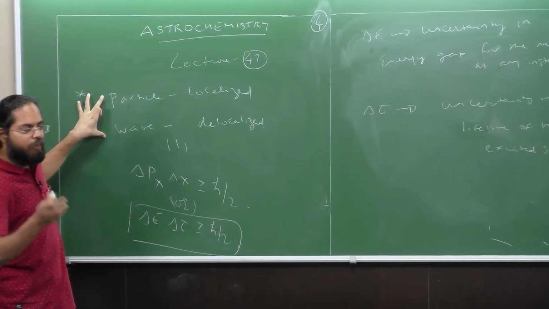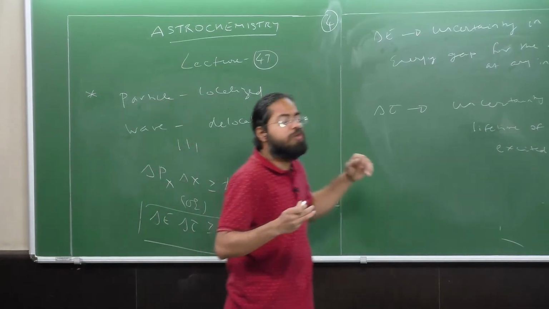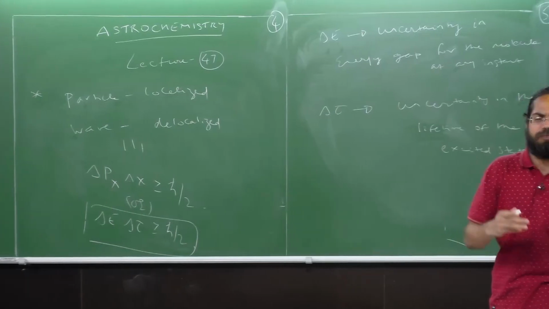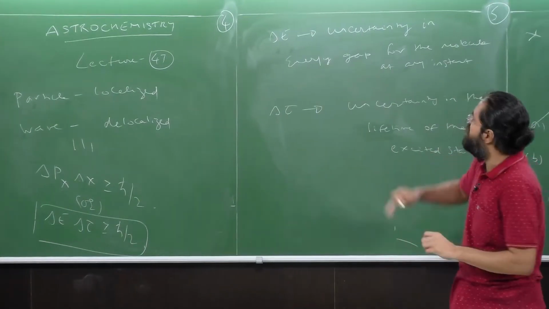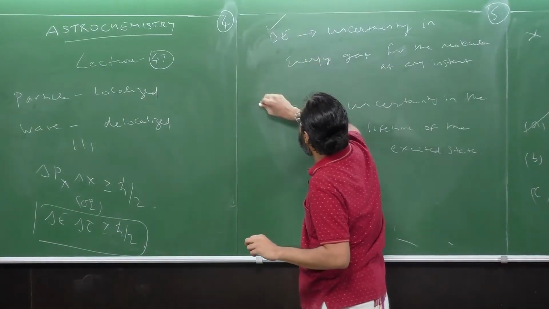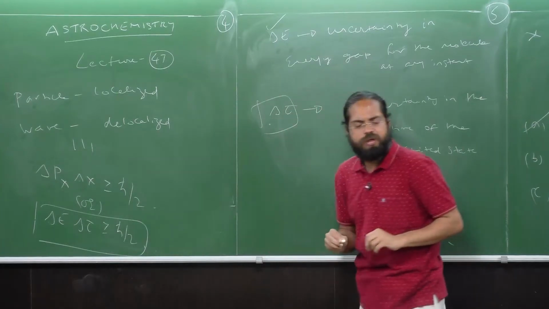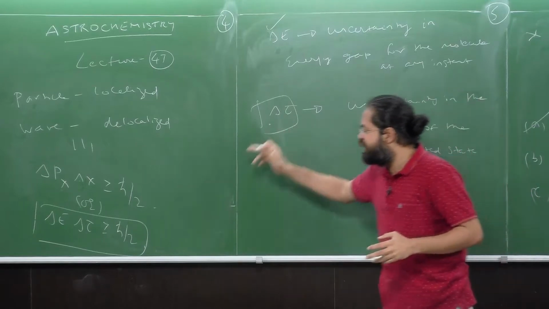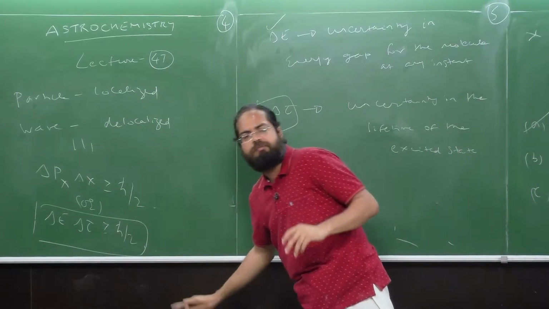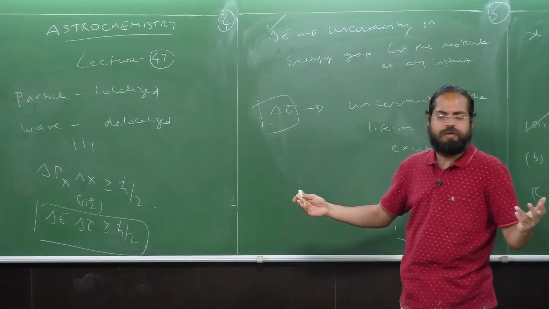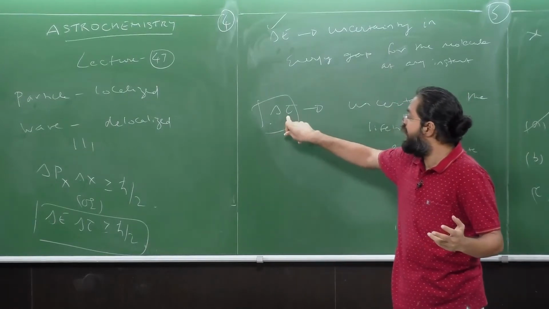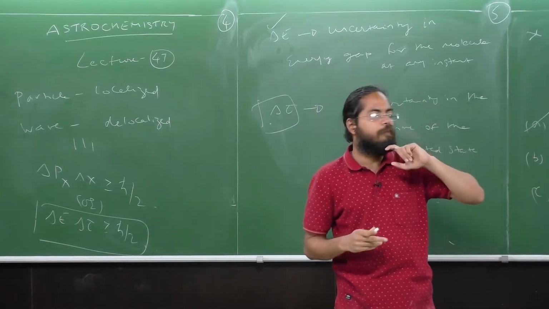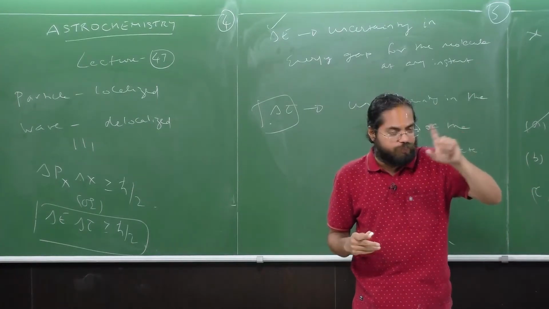Now, you may be wondering at this stage, the E I can get somehow, my E equals h nu, I can get a magnitude of delta E. How do I even get this delta tau? That is the lifetime of an excited state tau. How do I get this tau of the time? From where do I get an expression for this t? Now this is where our discourse on the Einstein coefficients was helpful.